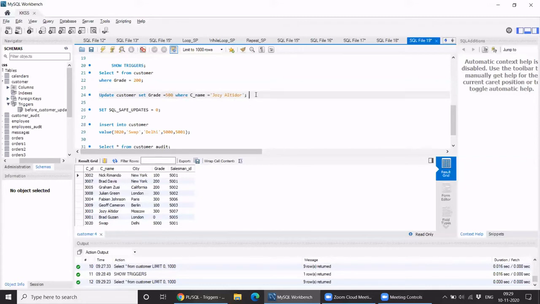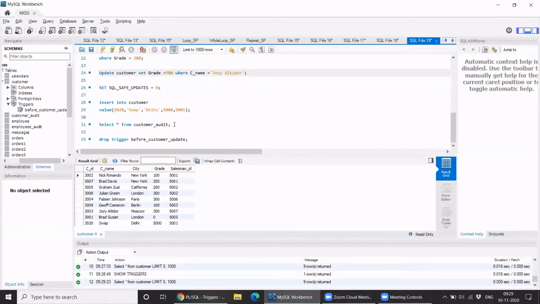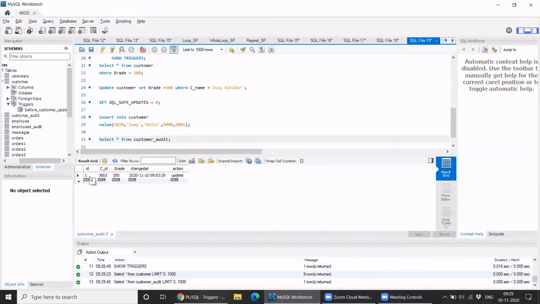Let me show you the table first. In the current customer audit, I have only one record that I ran today in the morning. The previous value was 200. Now you can see the value has been changed to 300. Now we'll change that value to 500 and it should show the grade value as 300 for this customer.